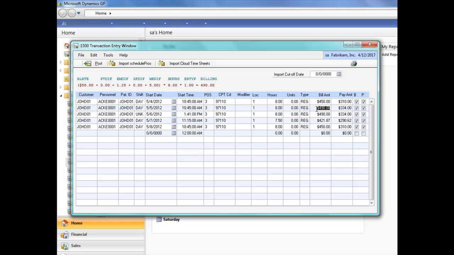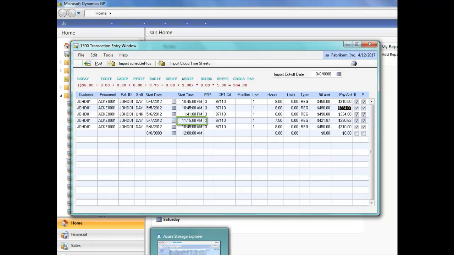Notice that the billing rate for care provided on Saturday includes a $5 weekend differential, and the compensation includes a $3 weekend differential. The transactions also include hours for unscheduled care provided on Sunday, May the 6th. One final matter to bring to your attention. Note that only 7.5 hours are reported for care provided on Monday, May the 7th, where Pilar's starting time is